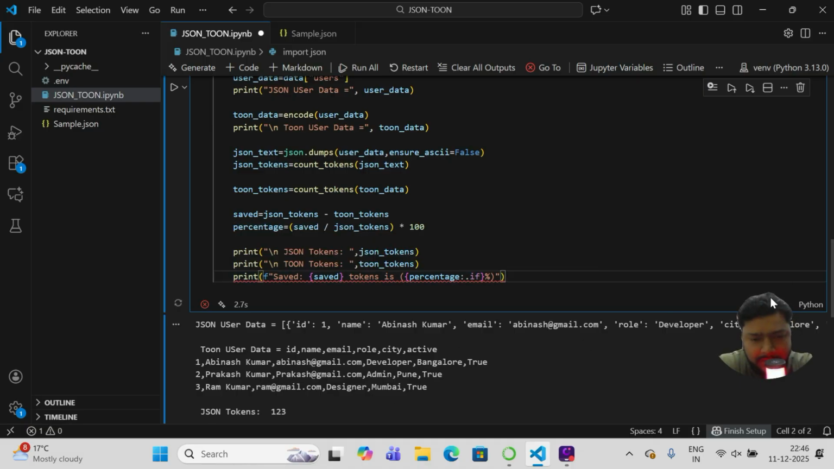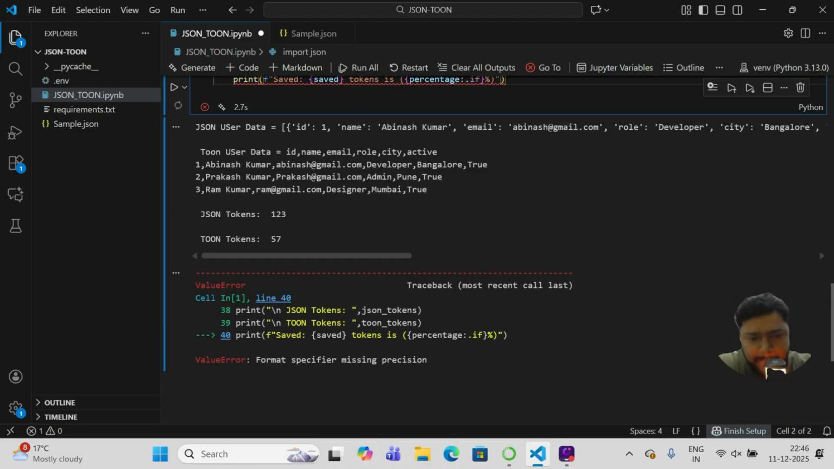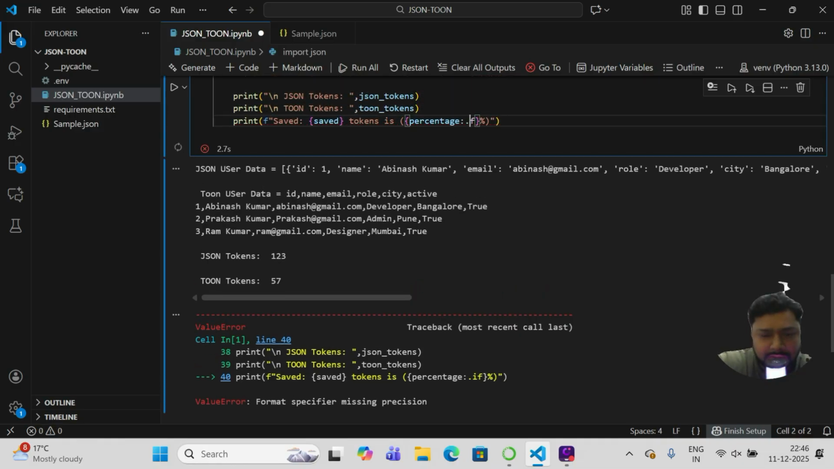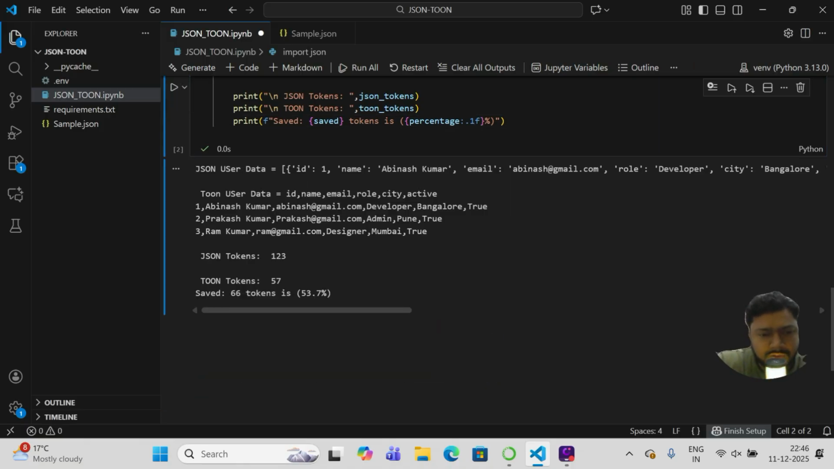We got an error here. What is that? Format specified is missing. This is not I, this is 1f. Okay,